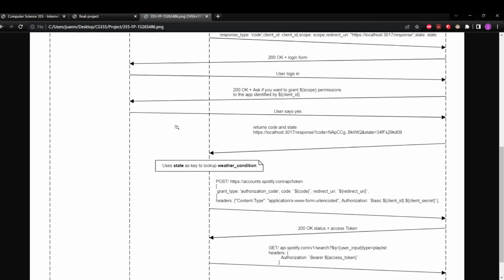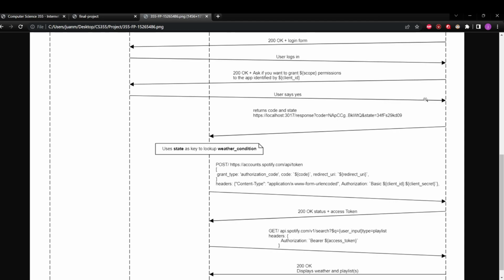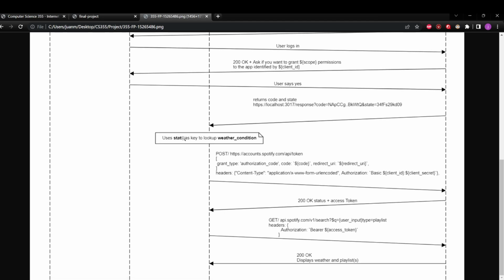And so that goes back to the Spotify API, which will then, with the permissions, return code, which represents the permissions that you just got. So the state, it takes that back to the server. The server looks up the state. It just checks it again to make sure it's the one that we started with, with the conditions, the weather data and stuff